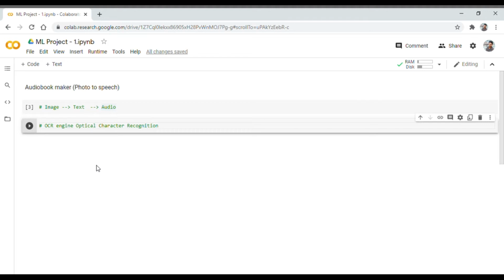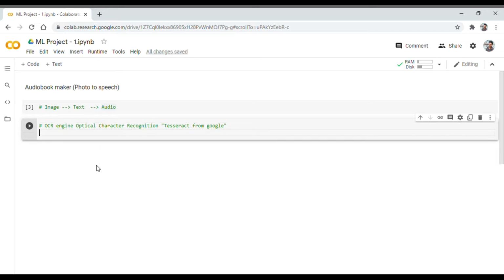For this project we will be using Tesseract from Google.